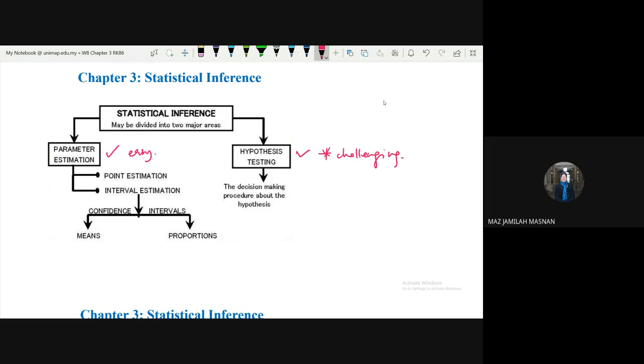So under parameter estimation, we will have two types of estimation: point estimation and interval estimation. For interval estimation, we are going to look at the mean and the proportion of our population. And for hypothesis testing also, we are going to look at the mean and the proportion. And of course,